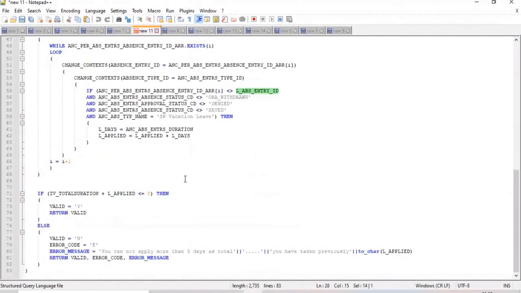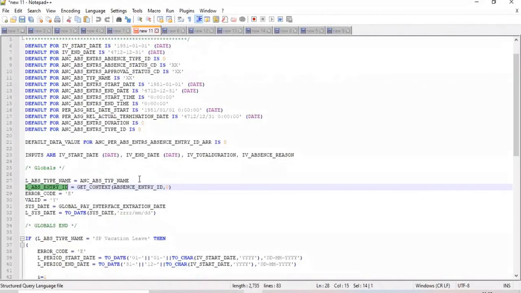Okay. And this get context, this absence entry ID, we are taking it from the database item. That one I'm sending into the local variable. Okay. So when I'm using context, it automatically says that for whomever this particular formula is executing, that employee's absence entry ID will be received here. If I don't use get context directly, I will use it like this: L absence entry ID is equal to get absence entry ID.